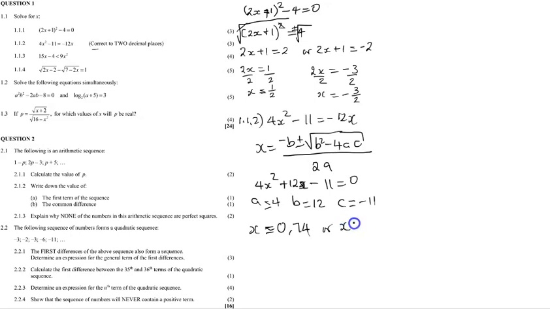And the second one, x is equal to, you just change the plus to minus, and then you've got yourself negative 3.74. Then we go to 1.1.3,